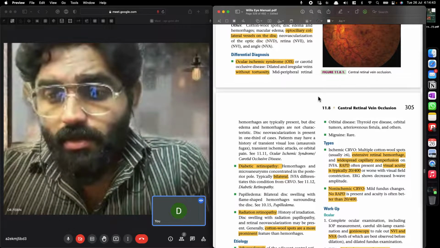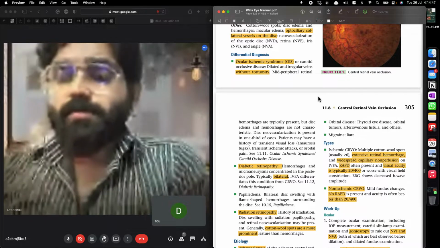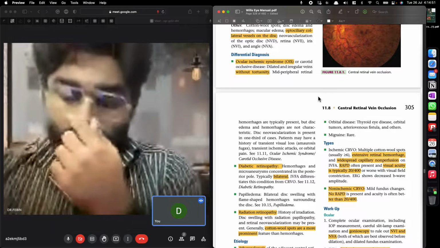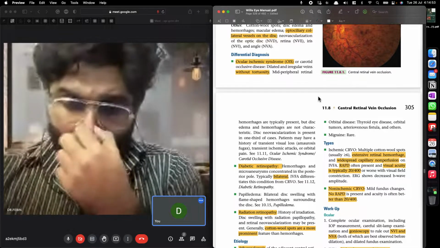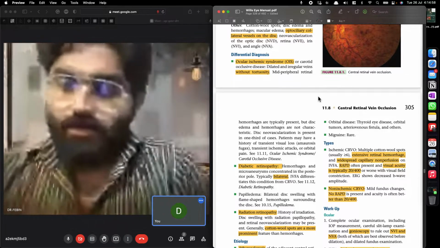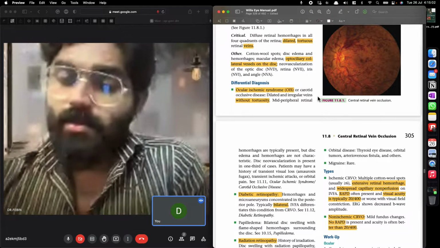There should be a history of radiation. The patient should have had radiation. It's common sense, right? The patient has to tell you that there has been a history of irradiation in the past. Okay, having dealt with radiation retinopathy, regarding tortuosity,